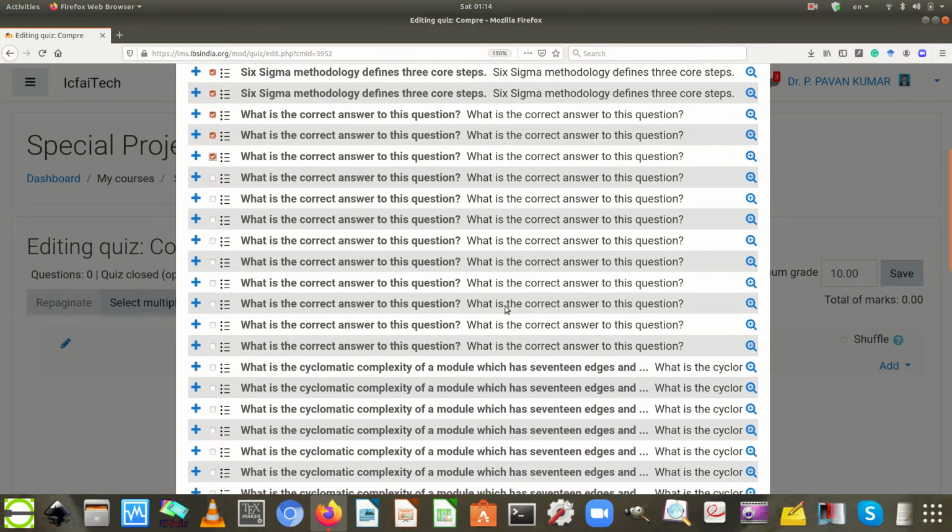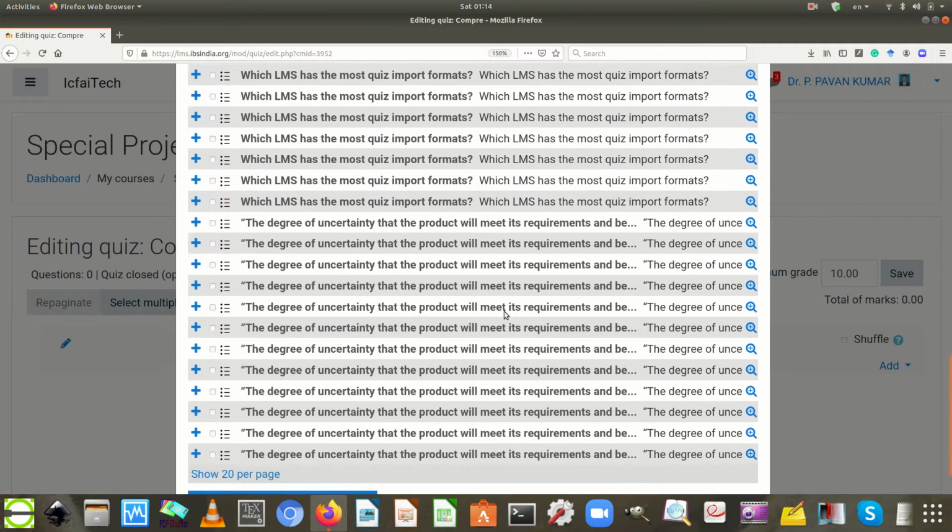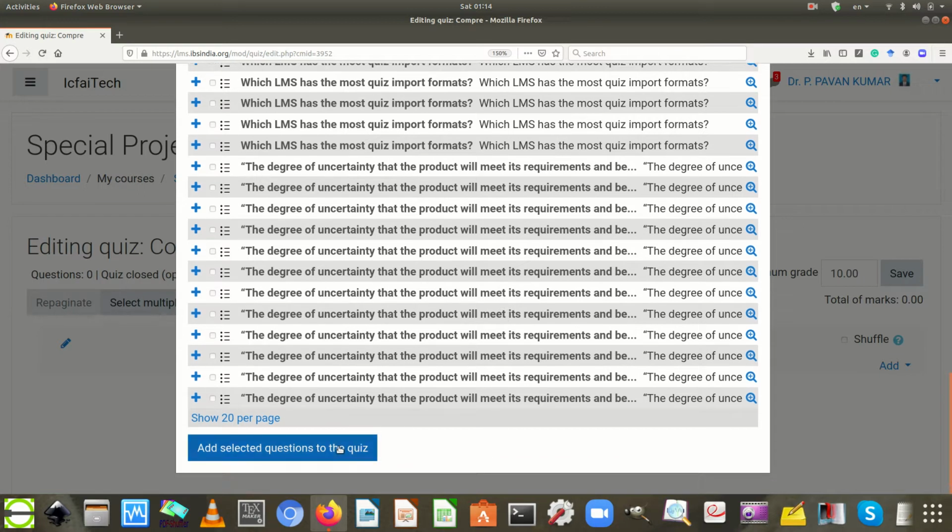Go to the bottom of the current page and select the Add Selected Questions into the quiz button.